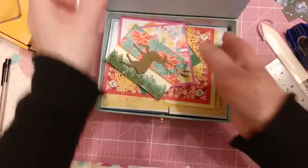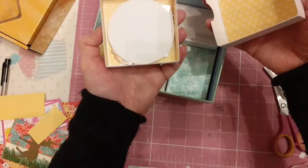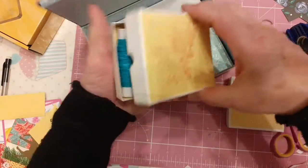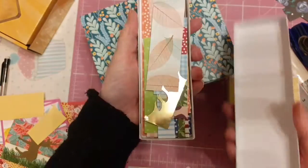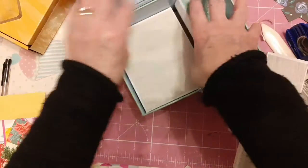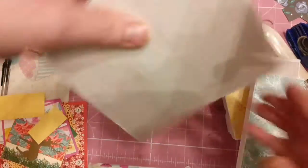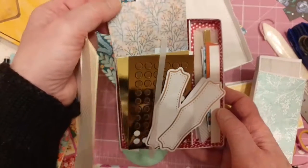But anyway, this box, I have made boxes to fit in. So I've made the little box that I've got the sentiment, and I've added other from other kits. I've got some of the cord, and there's also some little flowers in there in the bottom. That came with, I've got some spare DSP little bits that would be useful for just making cards, putting on your cards. Then I've got these two boxes that fit in. Some of this did come with the kit, because it was some birds. I've added a few other embellishments in there, and then my main box that I've put a few more different embellishments from different kits, but it had this beautiful,